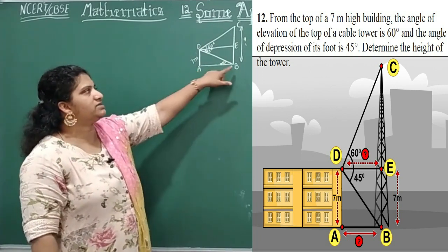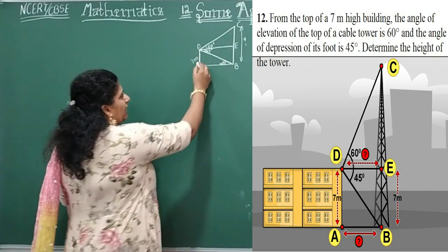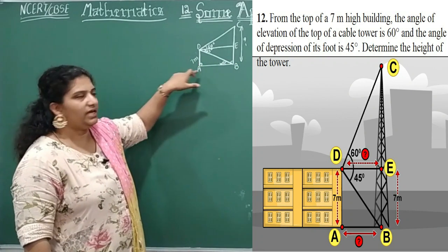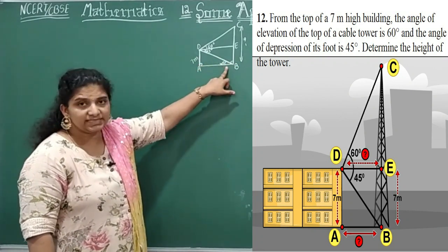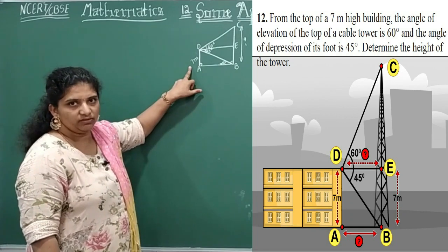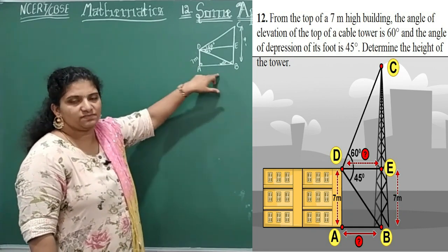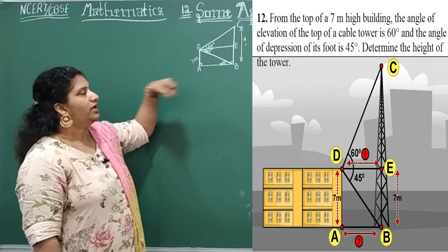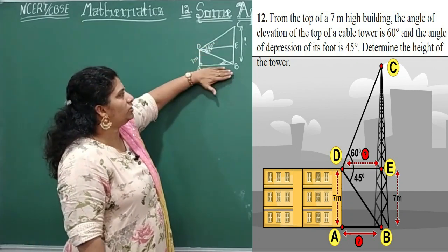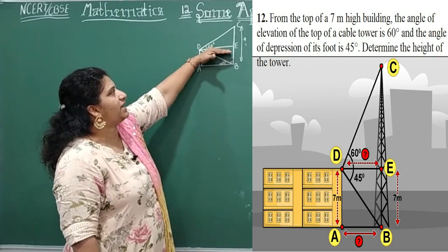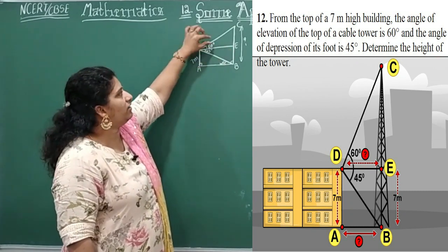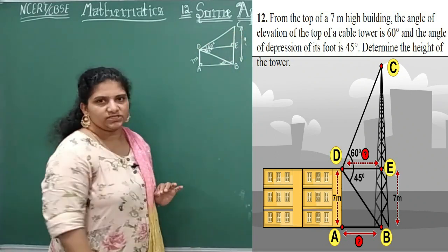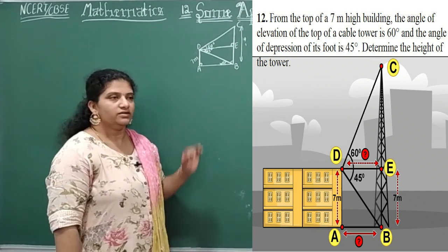Okay children, now you can see a right angled triangle. What is the right angle triangle here? BAD. Now if this is the angle, the opposite is known, right? You don't know the base. Base means adjacent. So which ratio children? Tan theta. Then here, when you know this adjacent, you can write the same for DE also, the same measurement. Now for this right angled triangle, you know the adjacent. What do you need to find? The opposite. There also you should apply tan theta.